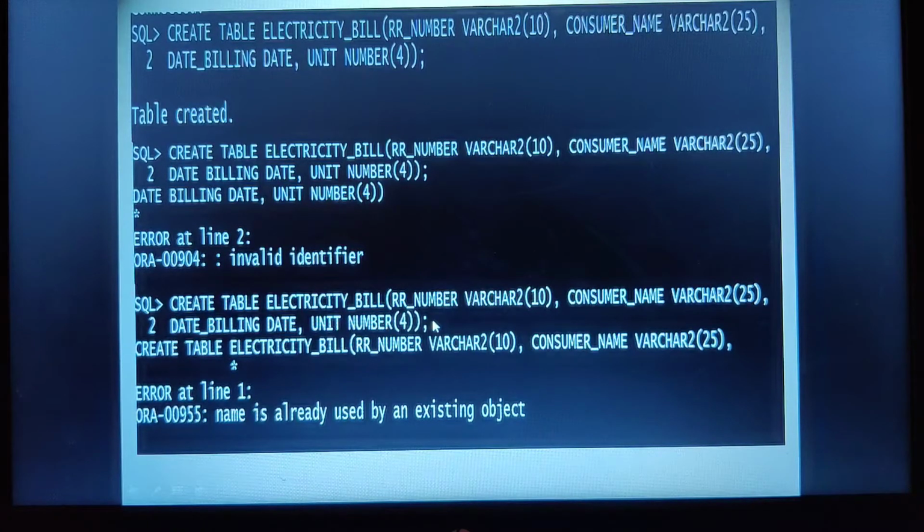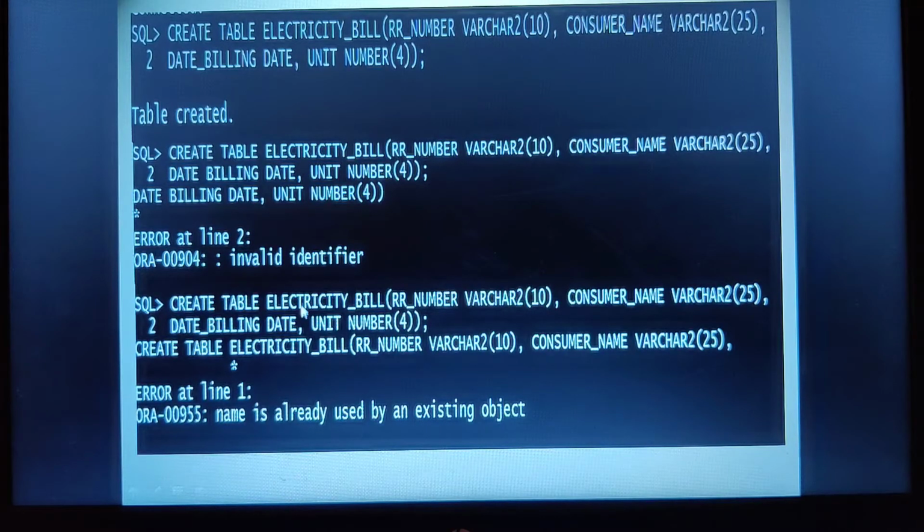After executing, I get an error here: at create table, the asterisk is showing that the error is at this point. Error at line 1, as this is line 1, right? Then it says the name is already used by an existing object. What this means is that the table name you are using already exists in the database.